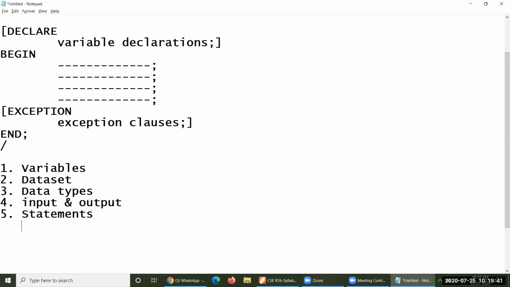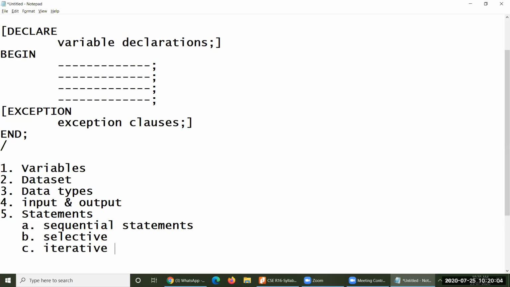These statements might be, let me come to the first one: sequential statements, then followed by selective statements. Selective in the sense of the if statement, something like this. The fourth one will be iterative statements, otherwise looping statements, something like this. And afterwards we will come to other components. Those components could not be depicted right now, so I'll give them to you in a progressive way.